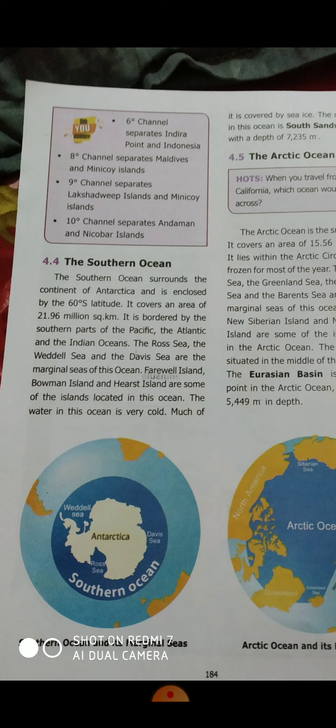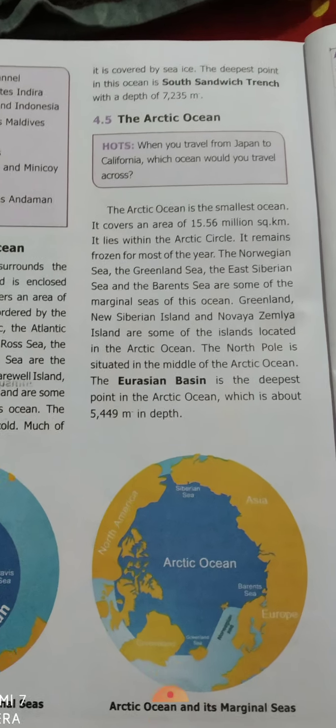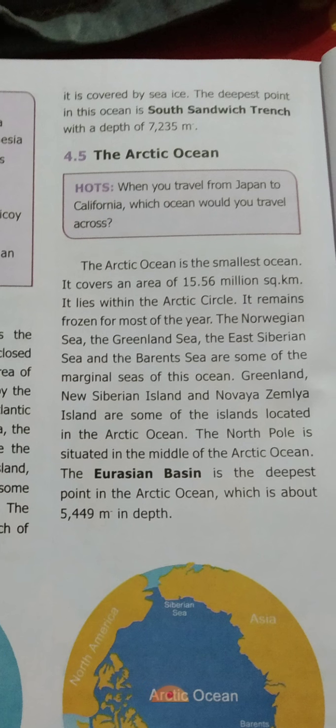Much of it is covered by sea ice. The deepest point in this ocean is South Sandwich Trench with a depth of 7,235 meter.